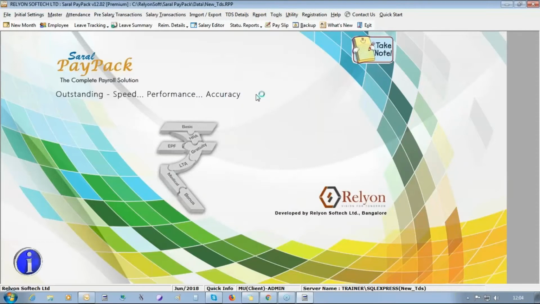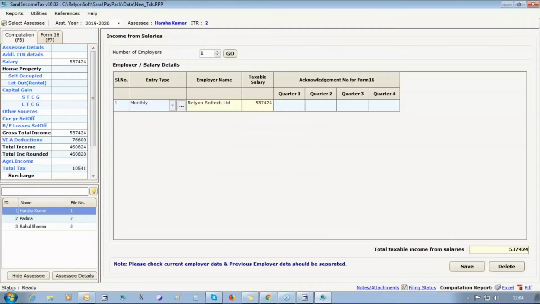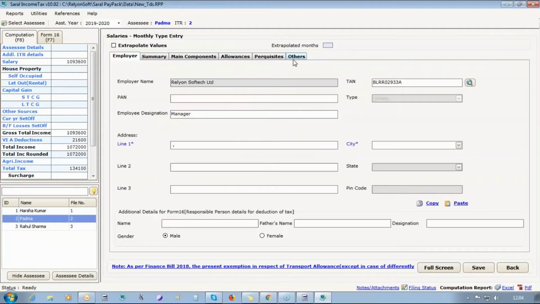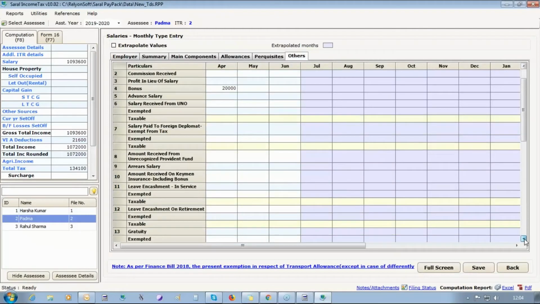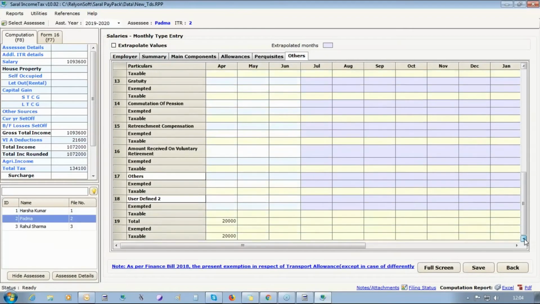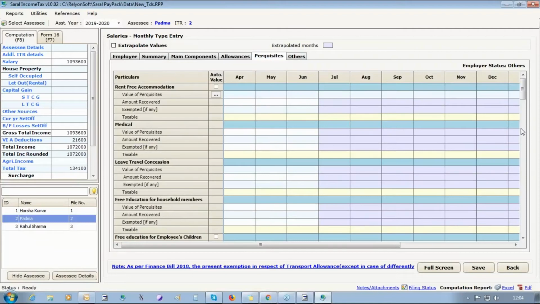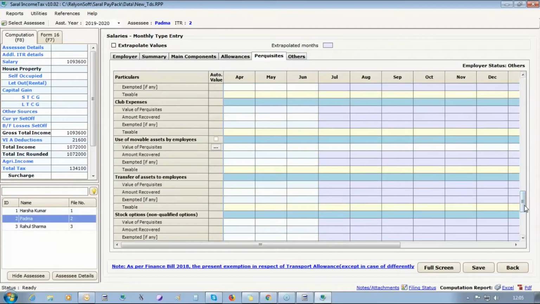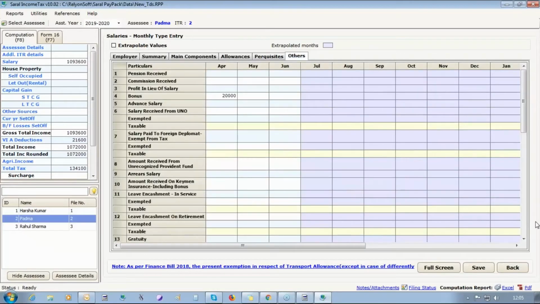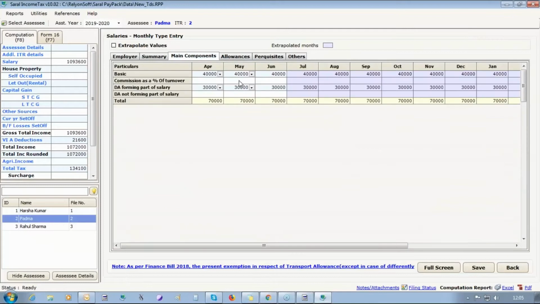Okay, computation details. So here, if you want to check the details regarding arrears for this employee called Padma, click on Padma, go to the 3 dotted lines, and under others, if I scroll down, under perks, wait 1 second, for which employee? Yes, this employee only I have given. Okay, sorry, main components, yes. If you want to see the increased arrear amount in our software,